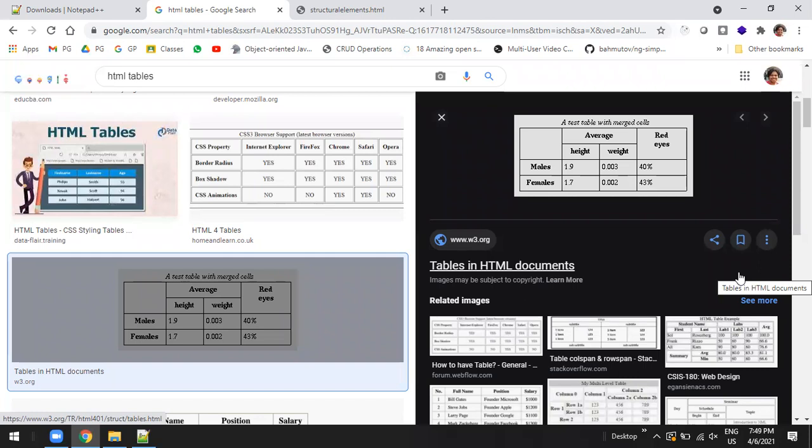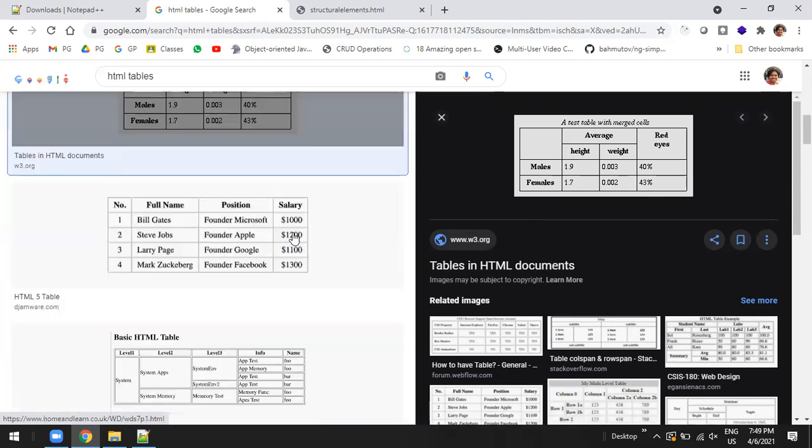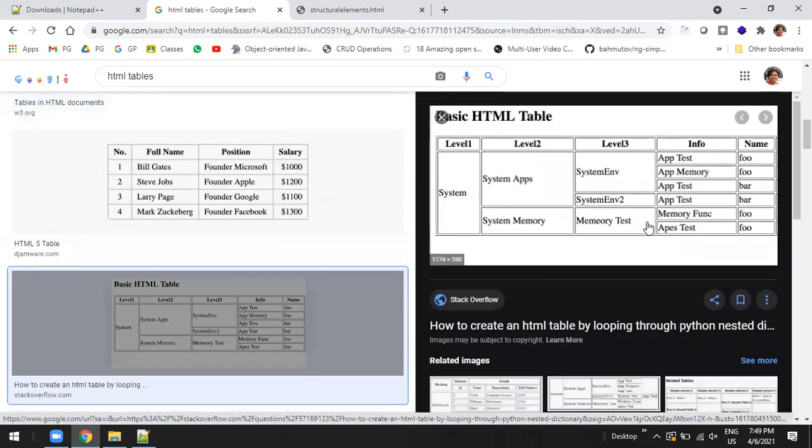Everyone may have a different approach to solve this problem, but let me show this way. First of all, I want to identify the maximum number of rows. The maximum number of rows in this table is 4, because in this line you have only 3 rows, but here you have a maximum of 4 rows. Am I right? Whatever the table I see, first I will find out the maximum number of rows.